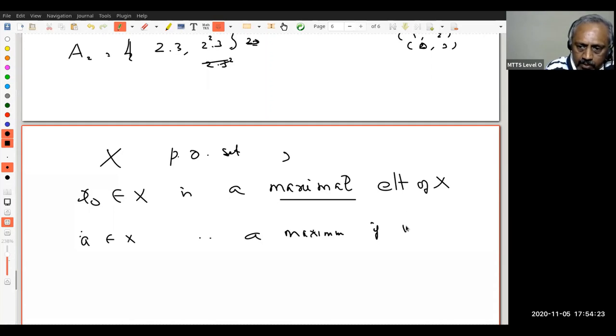If for all x in X, x must be less than or equal to a. You understand? When I say x naught is a maximal element,